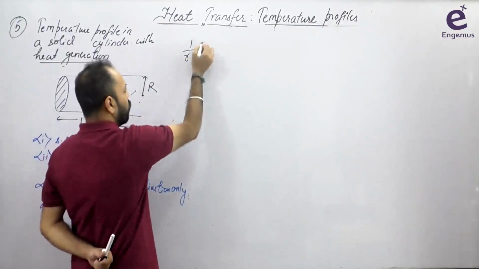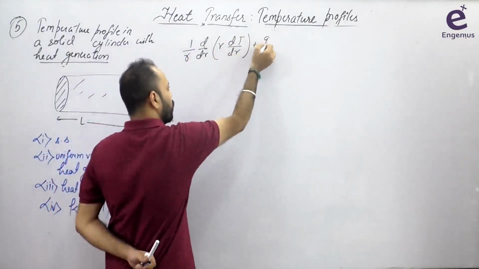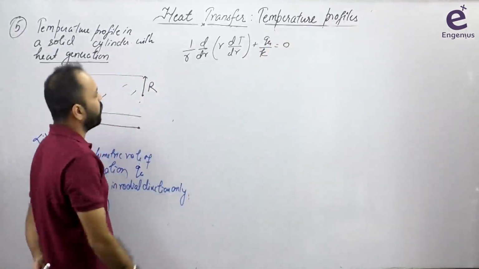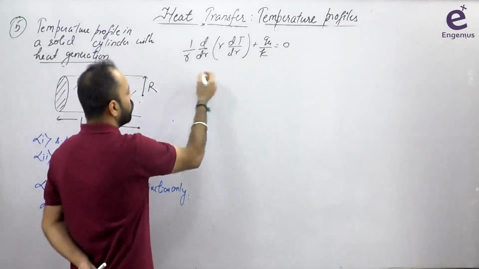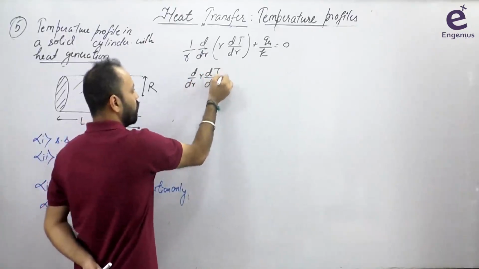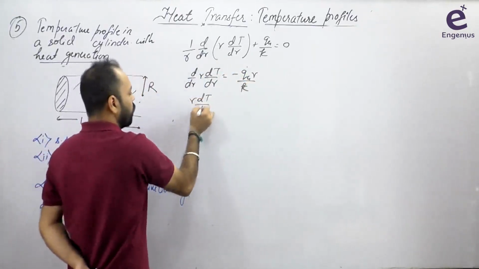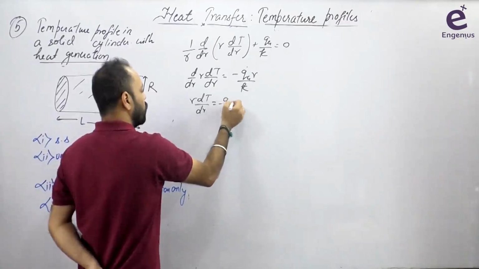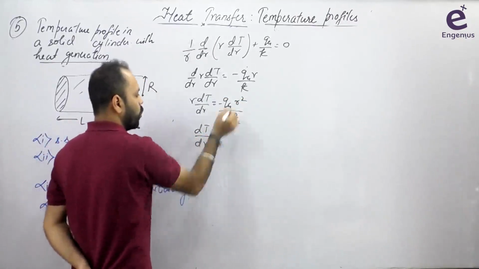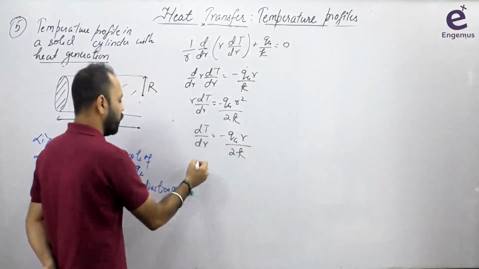1/R d by dr of R dT by dr plus Qg by K, because there is now generation, is equal to 0, right? ठीक है, so minus Qg by K, so minus Qg R by K, so I can write d by dr of R dT by dr is equal to minus Qg R by K. चलेगा, इंटीग्रेट कर देते हैं। R dT by dr is equal to minus Qg R squared by 2K, ये R नीचे गया तो dT by dr is equal to this divided by R, ये बन गया Qg into R by 2K। चलेगा, फिर से इंटीग्रेट करते हैं,